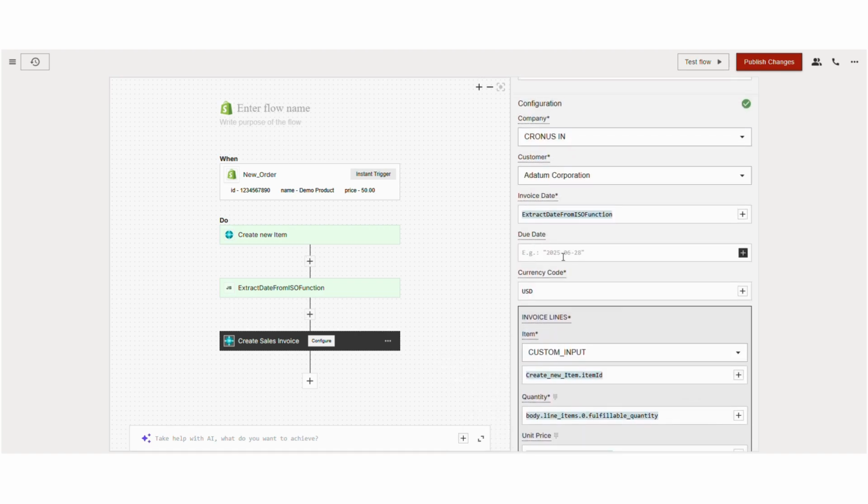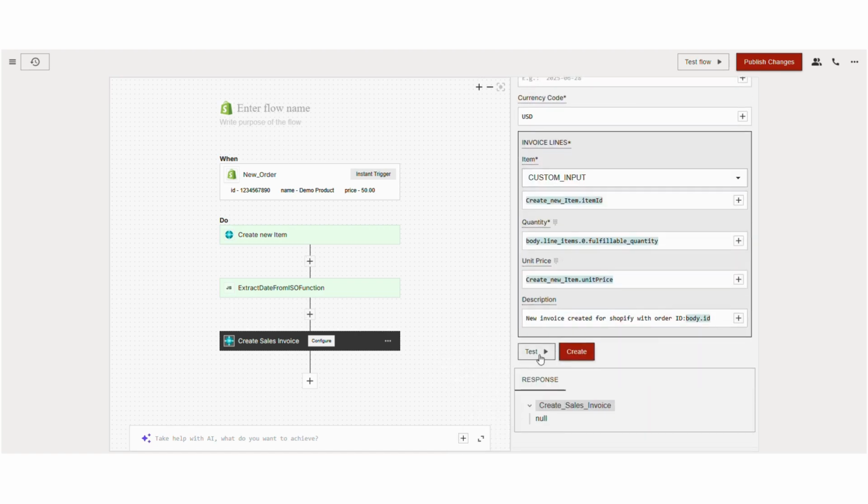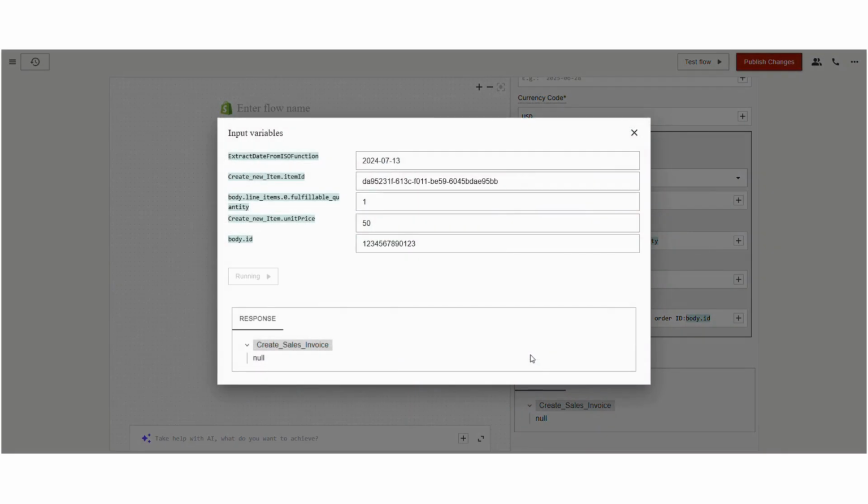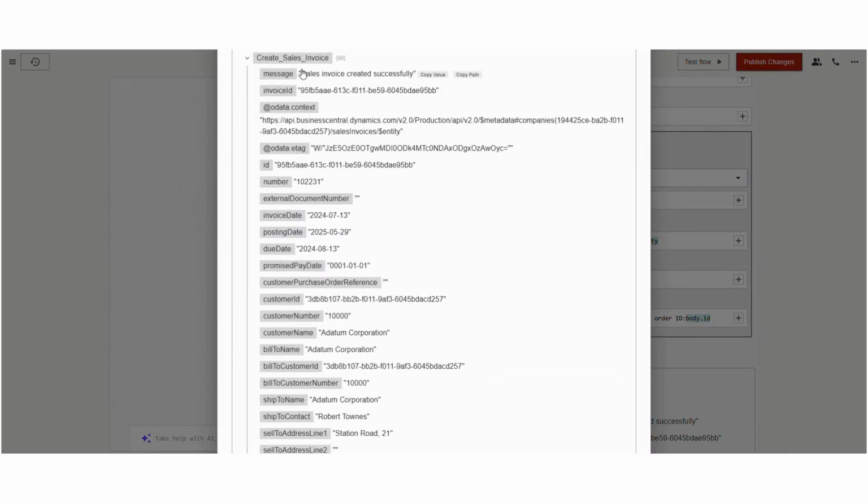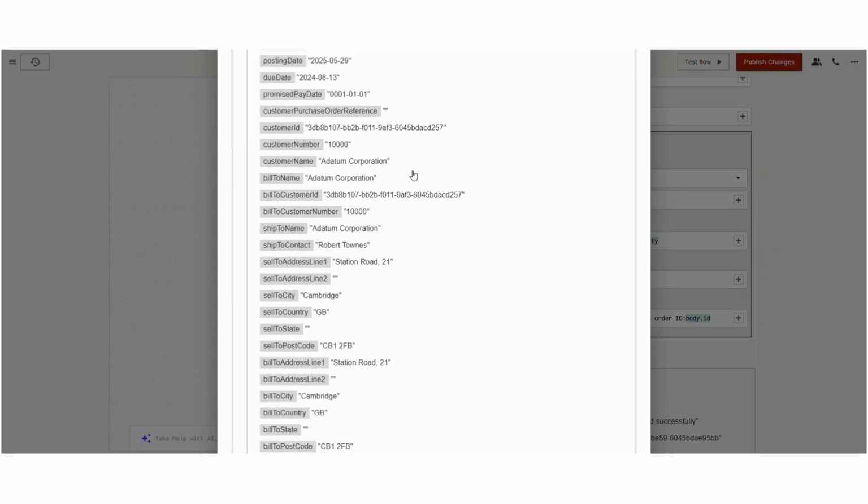Test each field configuration. Once everything is good, click Create.